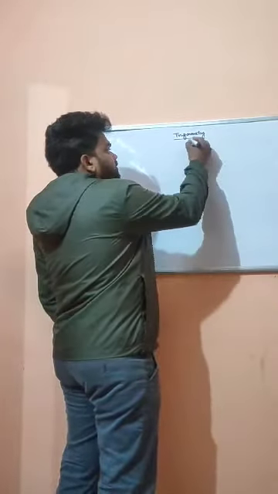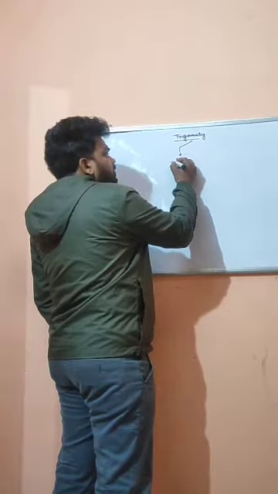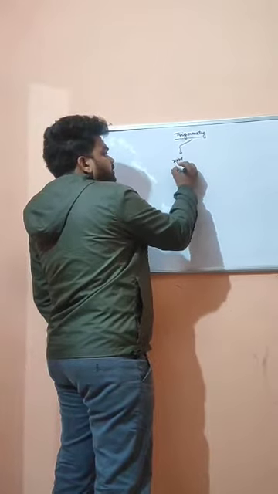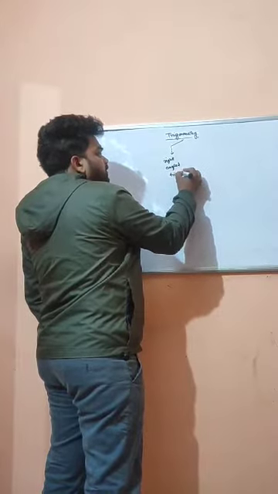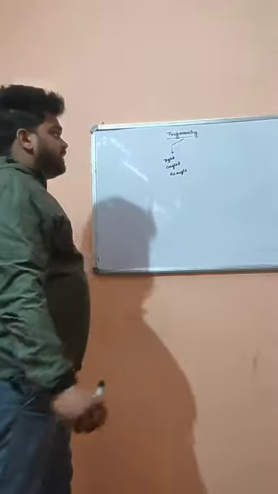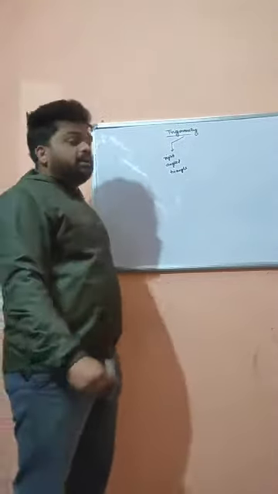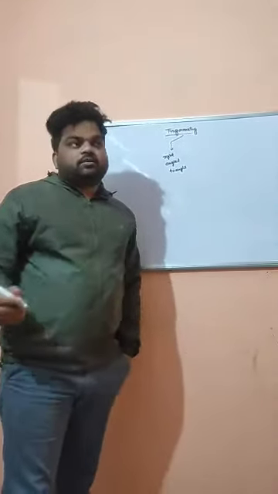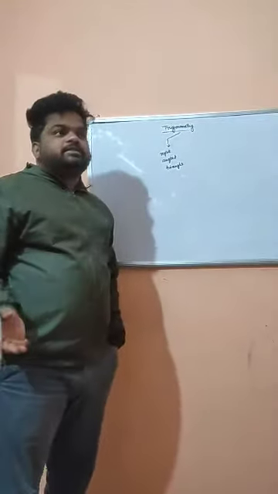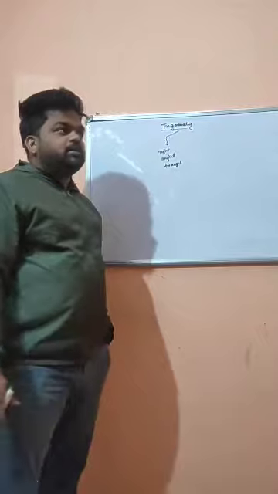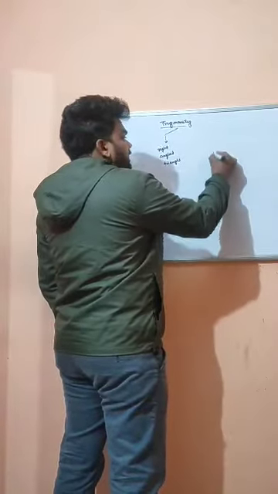Basically, trigonometry is applied for a right angle triangle first of all, and second, it relates the angle with the sides of a triangle. Means by the use of trigonometry you can relate the angle of a triangle with the sides of a triangle. Means if we draw a right angle triangle,